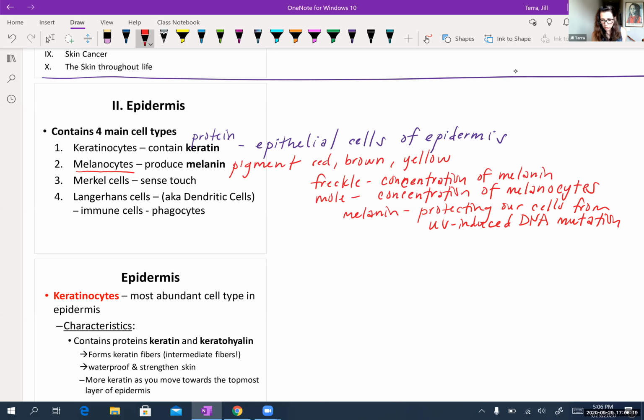Okay, Merkel cells, Merkel, cute, kind of funny, weird. Merkel cells are sensory cells that they convey